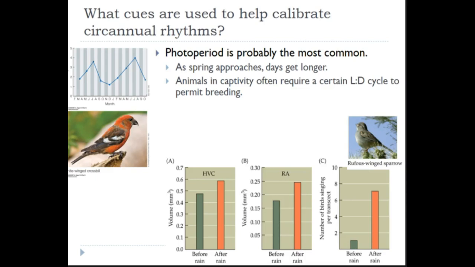Not all animals use light-dark cycles, though. Light-dark cycles work really well if you're in an environment like a lot of temperate areas where there's pretty predictable weather at certain months. So the light-dark cycle effectively tells you what month it is. And if you know that, generally speaking, June and July are great times to be breeding, which seems to be true for this crossbill, then that's a great cue to use to inform you about when to turn on your testes and turn them off.